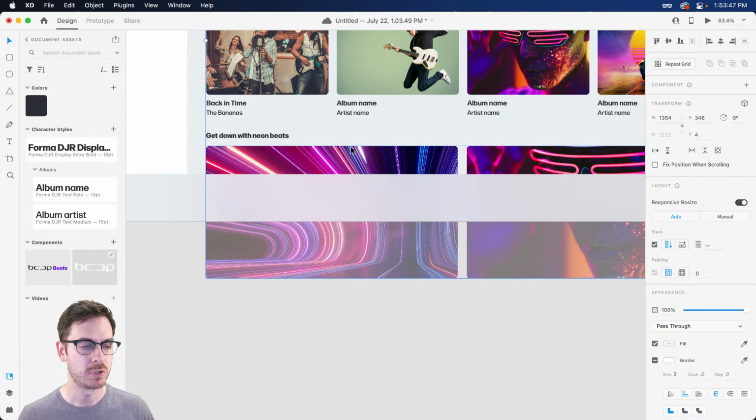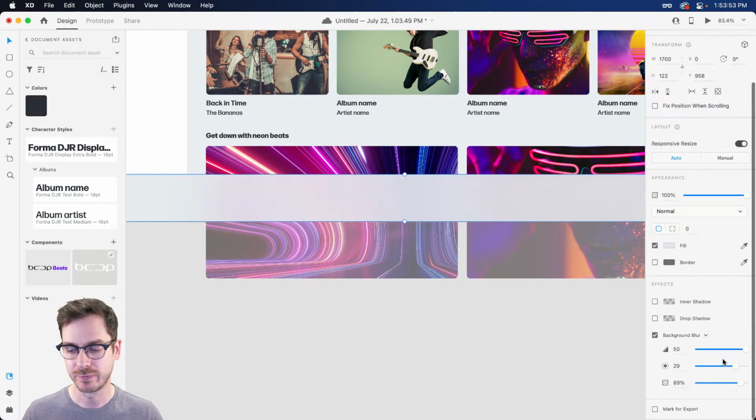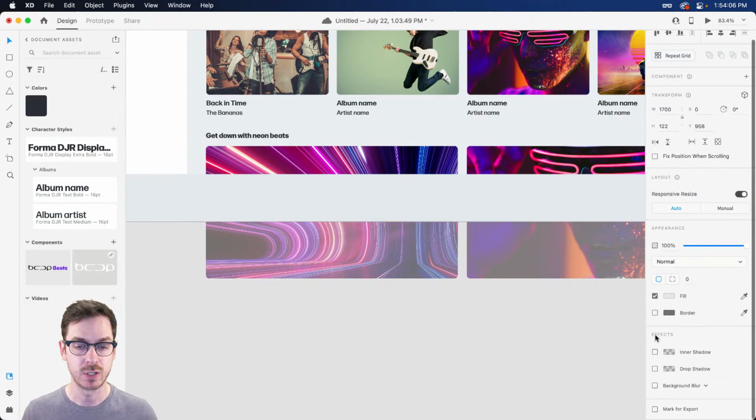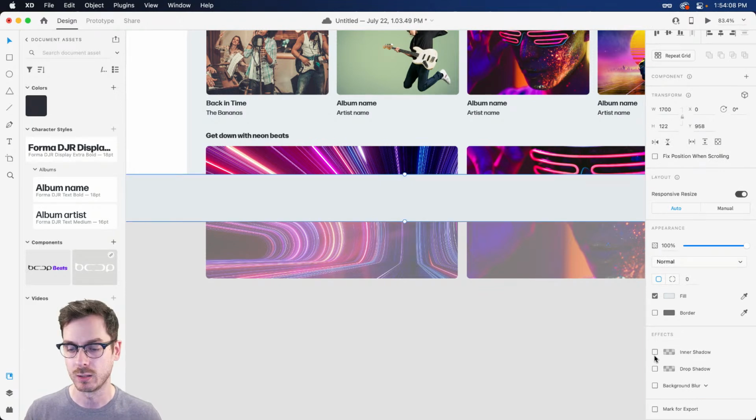Sometimes you might be asking, is it even worth it? And it may not be, right? But sometimes that very subtle background blur just adds a nice little touch to your design, right? But once we start adding on that content on top of it, then we're really going to start to figure out if the background blur even makes sense. We may just not even have the background blur at all, right? But we'll see how things are looking next week.